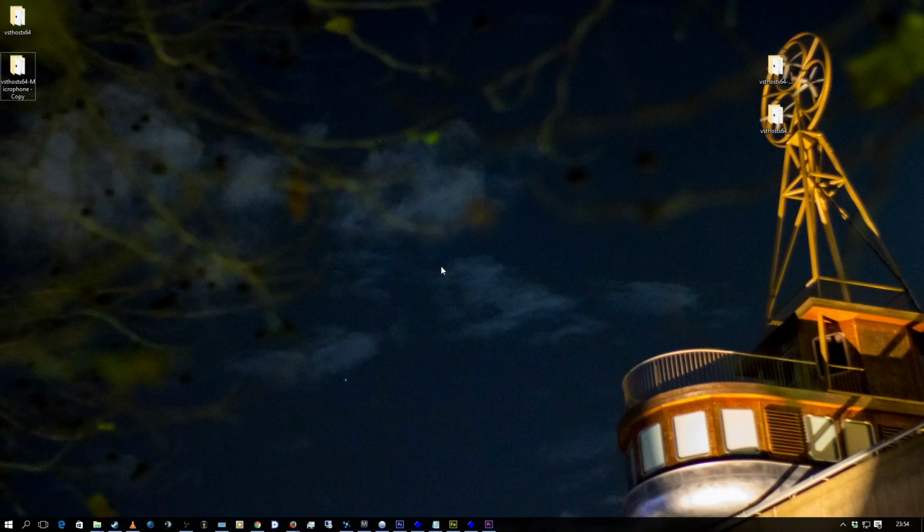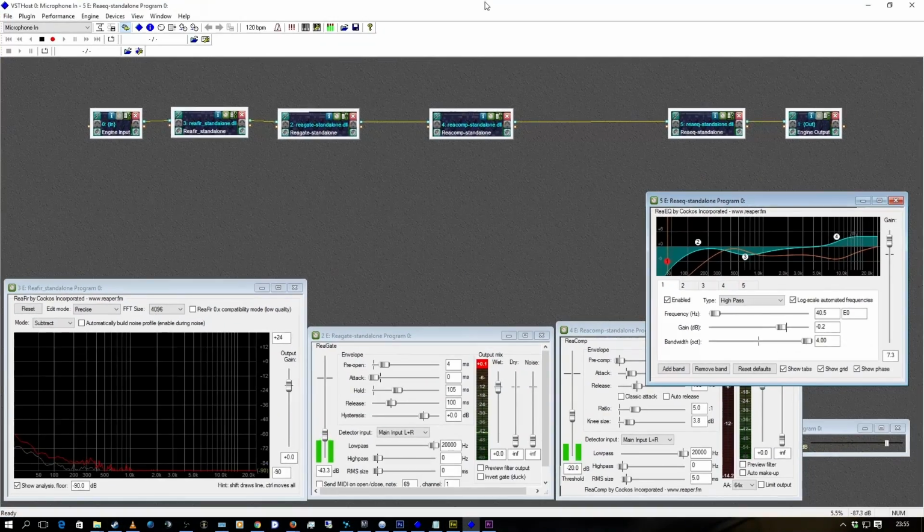Now that you've got your audio routing set up, what you're going to want to do is have a look at VST host. So this is the current VST host setup that you're listening to right now. There's a lot of options here that have been set,